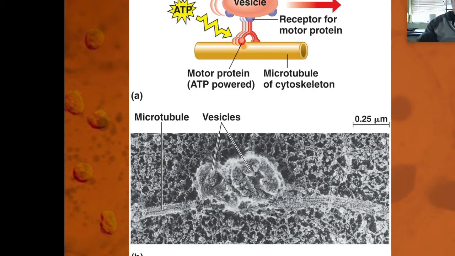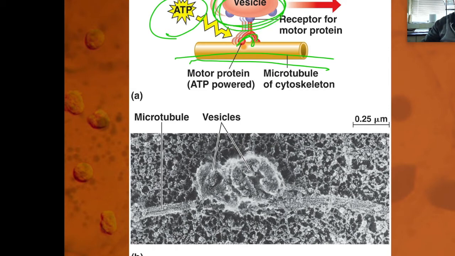So let's talk about the railroad tracks. All right, so you'll have a tube, which is shown right here. And you have this little walking protein that kind of walks like this, okay? It will walk this way, and then it'll walk this way. It kind of does this sort of twist movement. I'm going to put a video of this on my site, but every time it makes that step, it burns an ATP. And the cargo, what it's moving, is contained in a vesicle up here, and it will literally drag this along